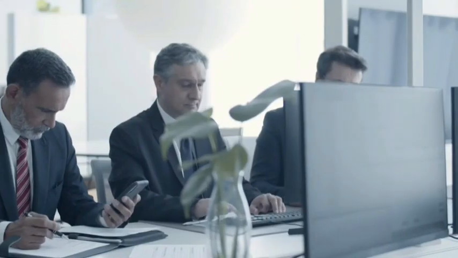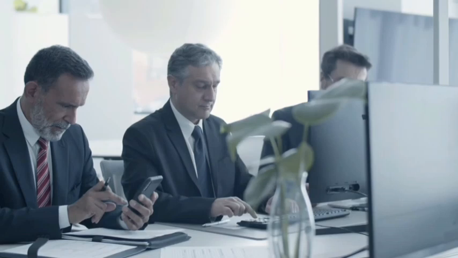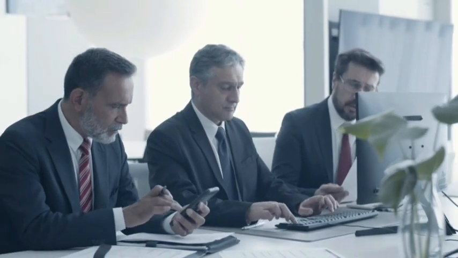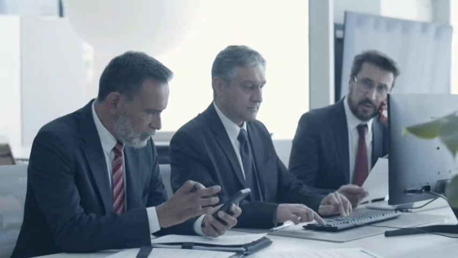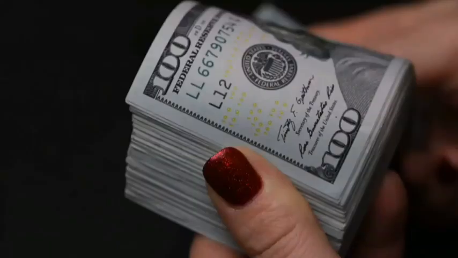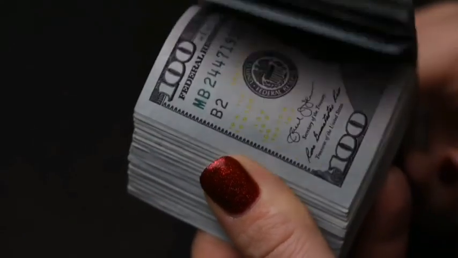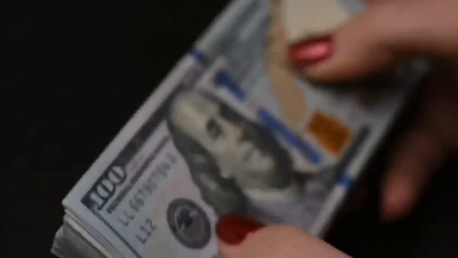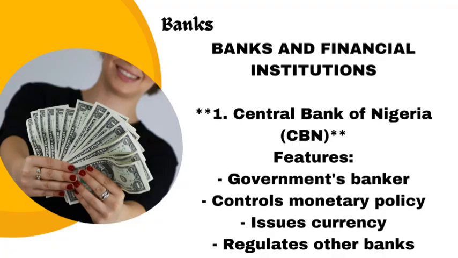Number 2, issuance and control of currency. The central bank has the right to order the printing and the issuance of the currency. It controls the circulation of the currency, exchanges the bad notes for new ones, and sees to the destruction of the old notes. That means it makes sure that the old notes which are bad are not taken back into the marketplace. The last one on my list is the bankers' bank.